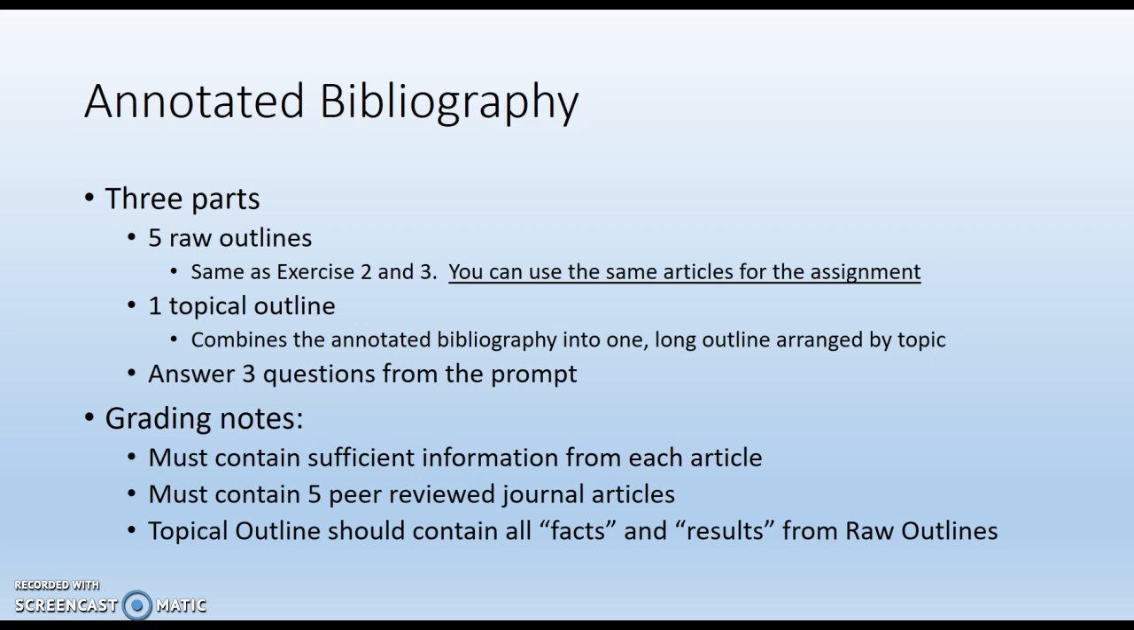One, you need to have raw outlines, the things that we did for exercise 2 and 3. You need 5 of those, and they need to be on peer-reviewed journal articles. And you can use the same articles for the assignment. So if your topic hasn't changed, exercise 2 and 3, you've already gotten 2 out of the 5 raw outlines